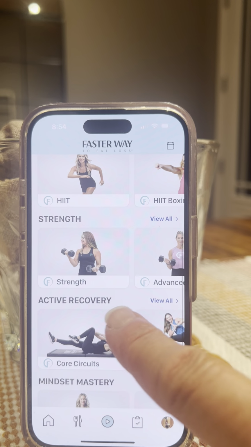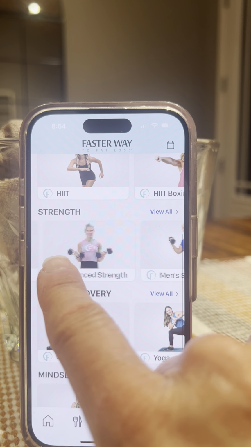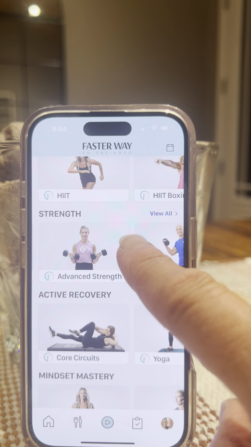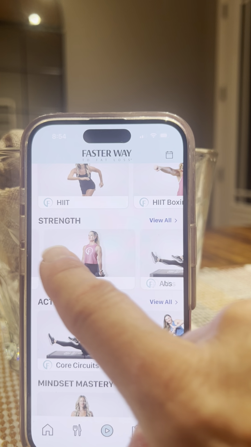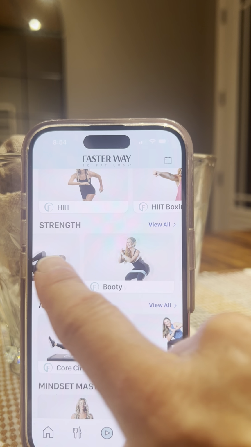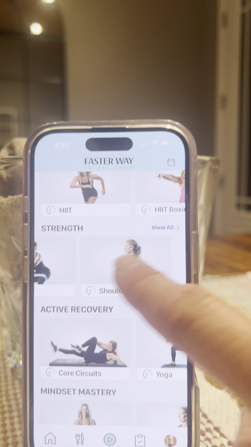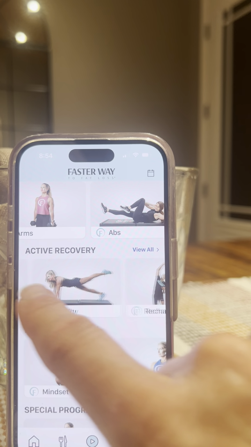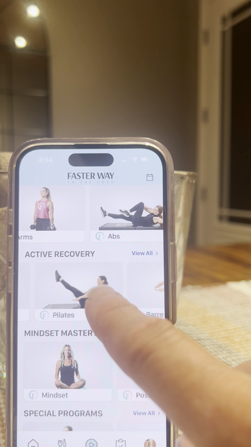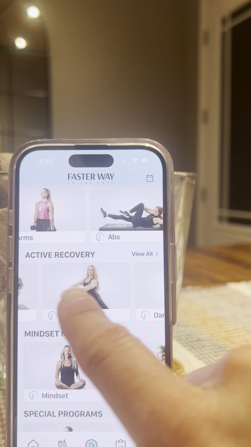There's different strength training. There's advanced, because there's a lot of people who are already advanced doing this. That ups the ante. Men's strength, arms, just abs, booty, shoulders, active recovery, core circuits, yoga, mobility, recharge, Pilates, barre,